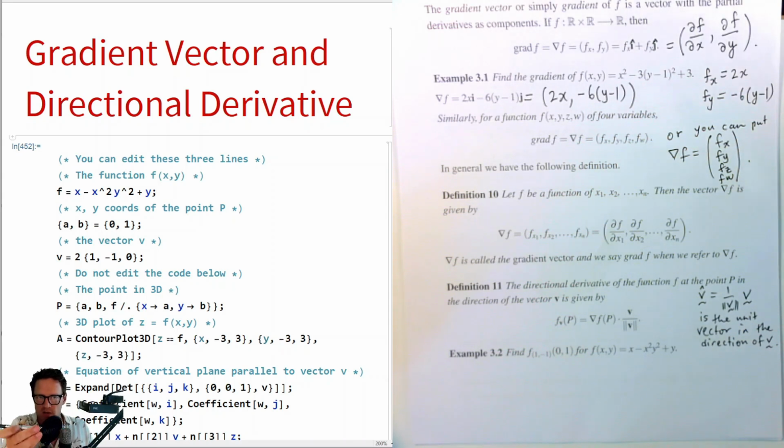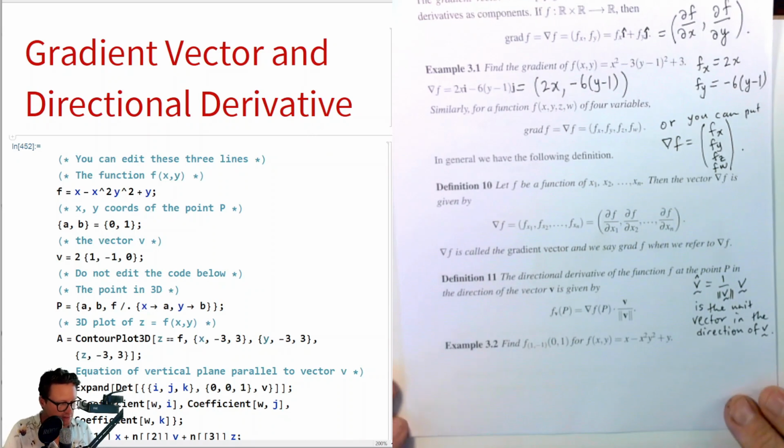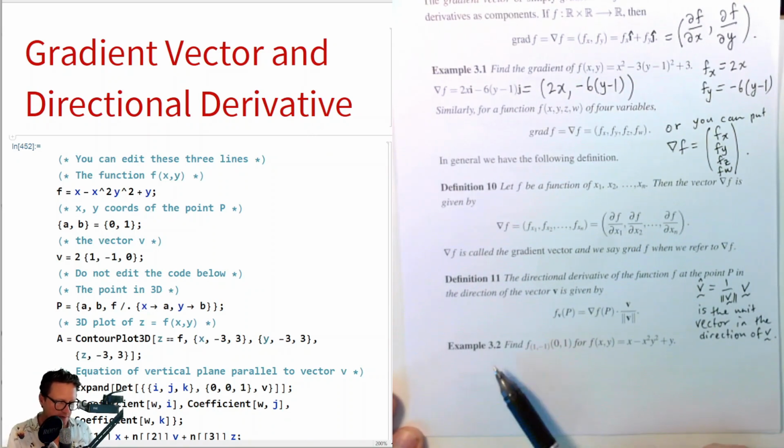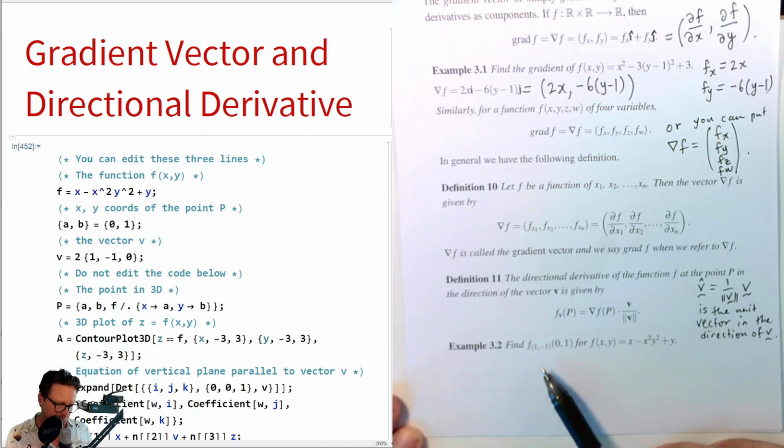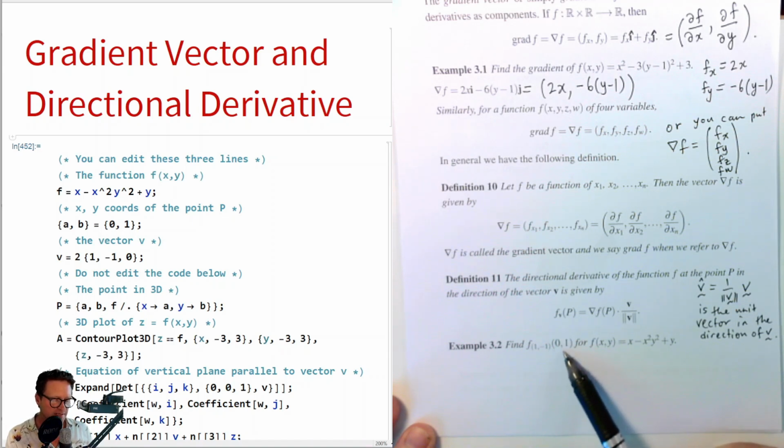It tells you which way you go in order to go uphill. All right, but we'll come to this notion soon. So let's have a look at example 3.2, and I'm going to show you some graphics here on the left. Find the directional derivative f subscript (1, -1) at the point (0, 1)